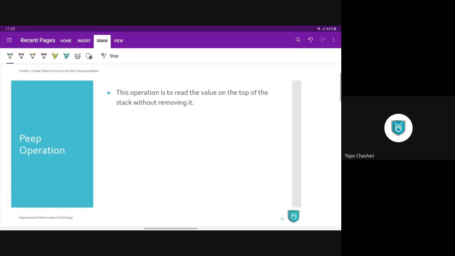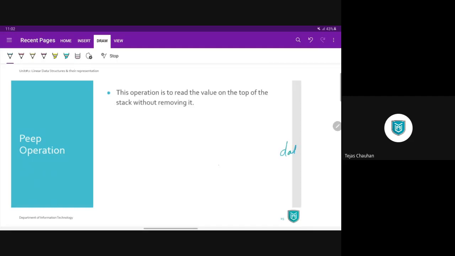If there is a situation where you just want to check what the topmost value is, you don't want to change it or delete it, then you can use the pip operation.